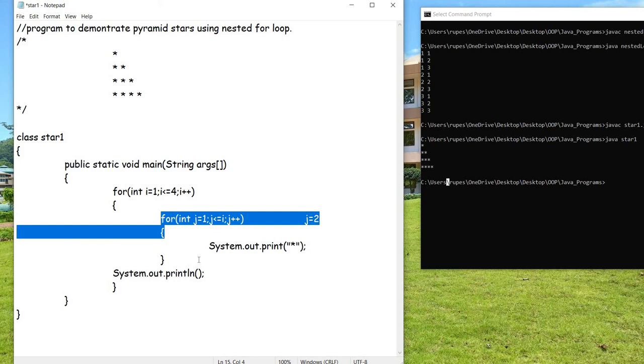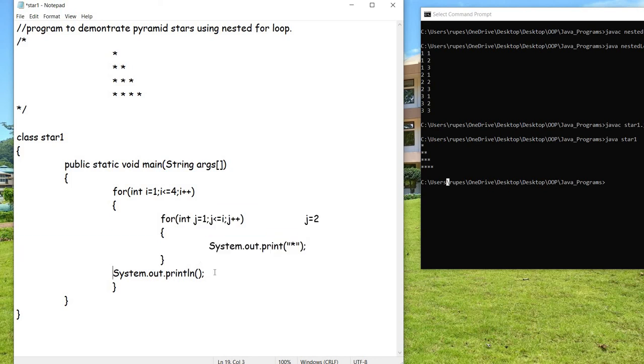So the control will come out of this for loop now, and it will go to the next statement which is present inside the initial loop. So it will now print one new line. Okay, so here you see the next thing is getting printed from the new line. Now after this statement is executed, the control will go to the initial